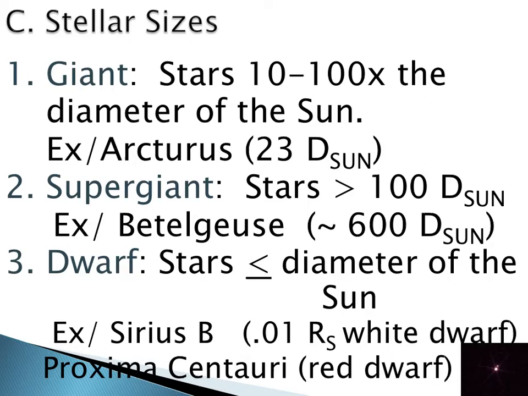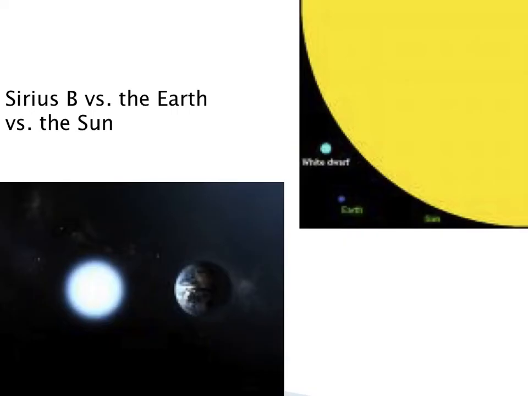And then red dwarfs are so plentiful. Proxima Centauri orbits in the same system as Alpha Centauri, but Proxima is actually slightly closer. So if you're ever on Jeopardy and Alex Trebek asks you the closest star other than our sun, it's actually Proxima Centauri, which is a red dwarf. We mentioned Barnard's star in the notes a couple days ago. That's another red dwarf. So these white dwarfs are incredibly small, only the size of the Earth, as you can